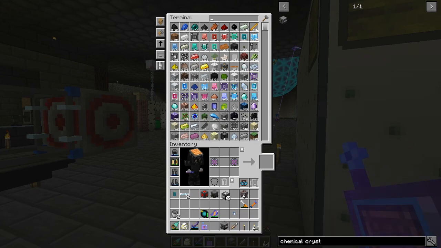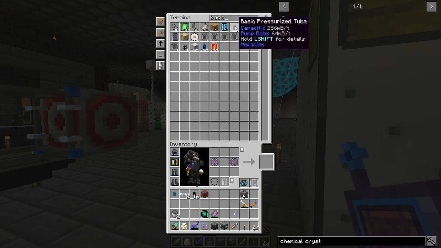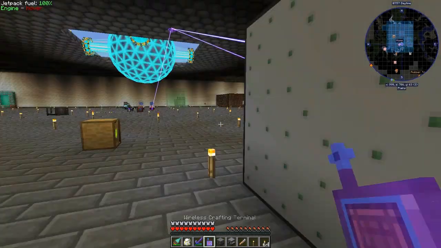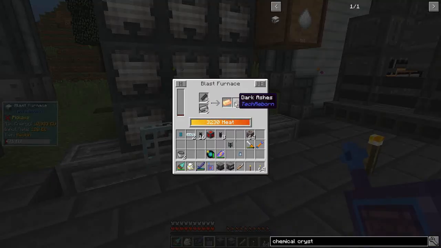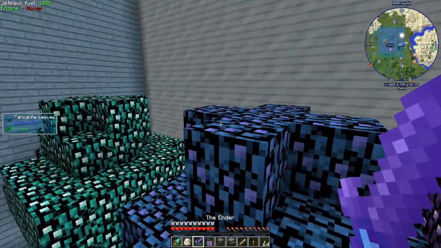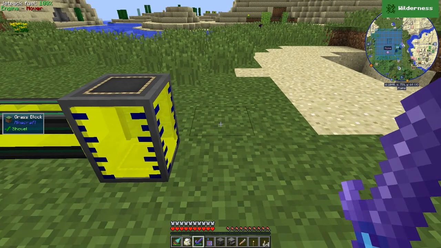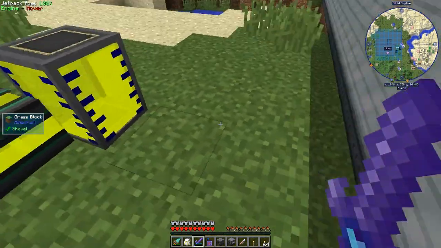Chemical crystallizer. Awesome. We're going to need some power cable. We're also going to need some pressurized tube, which can transfer gases. We may need mechanical pipe to transfer liquid. I don't know yet. This thing we're just going to let cook. Then out back here, we are going to start making... Hello, lag. We're going to start making